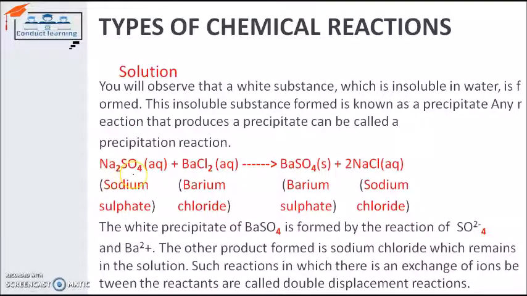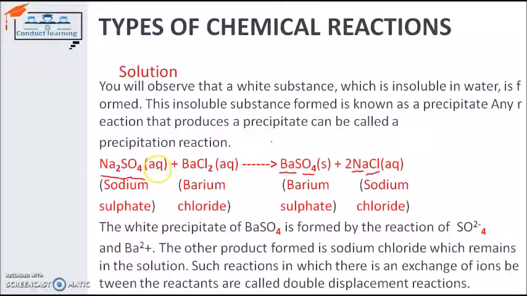We see sodium sulfate, represented by Na2SO4, and the other we have taken is barium chloride. Sodium sulfate is taken in one test tube, around 3 milliliters of solution, and barium chloride is taken, around 3 milliliters, in a second test tube. And when the chemical reaction happens between the two, we find that the elements are displaced and attached to another substance. We see we get barium sulfate and sodium chloride as a salt.